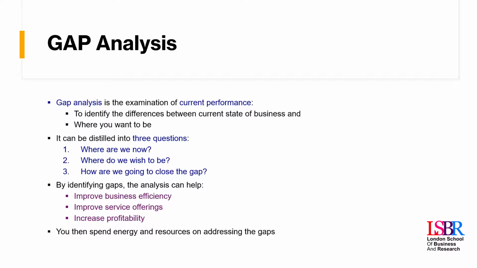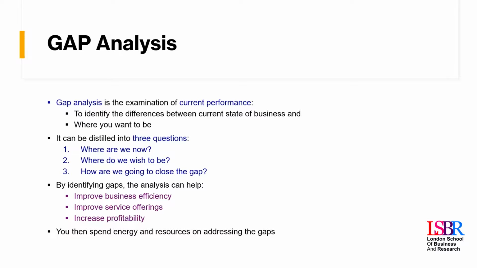Right, so where did we stop? Well, gap analysis is the next step we want to look at, and this is all part of our Horizon 3 strategy. So what do I mean by gap analysis? Basically, it's about identifying the differences between where the business is at today, so what have you achieved so far, what have you done, and where you would like to be. So it's about comparing today and the desired future state. Where would you like your business to be in 10 or 20 years time?